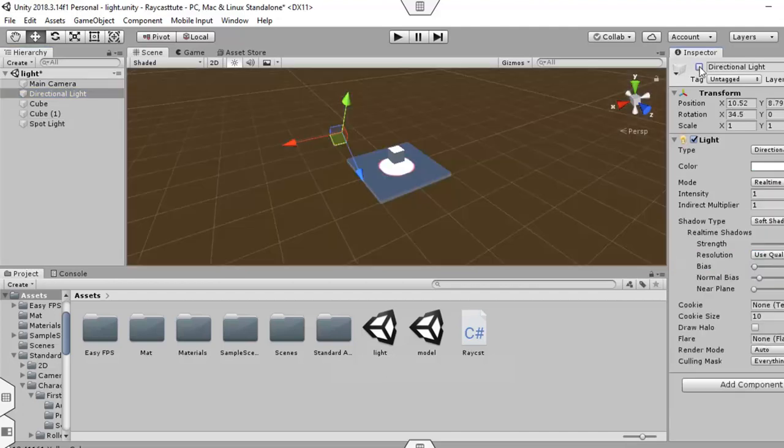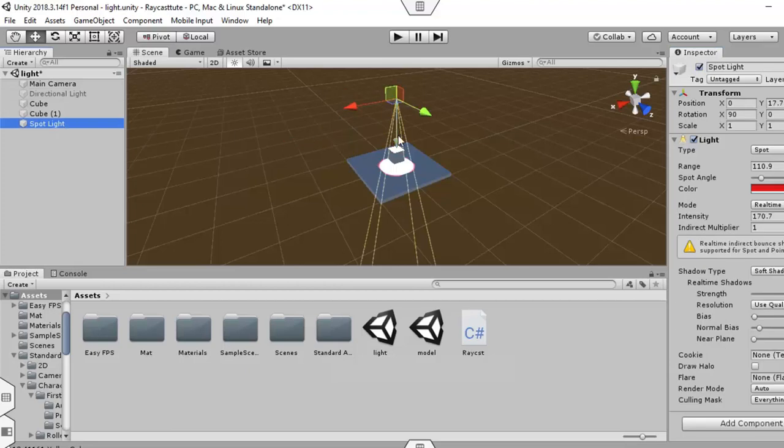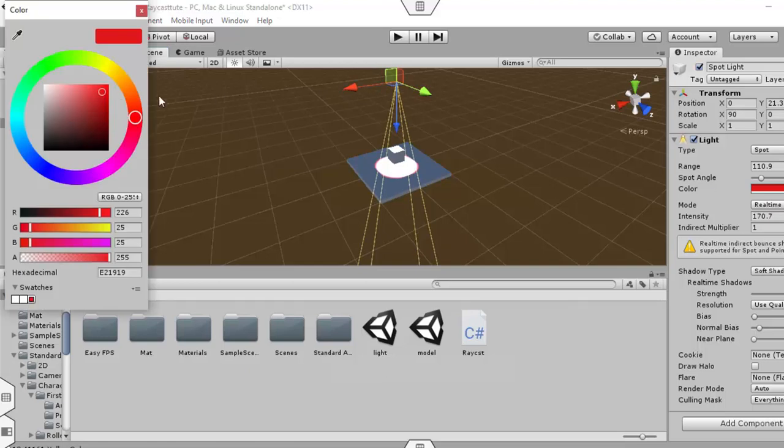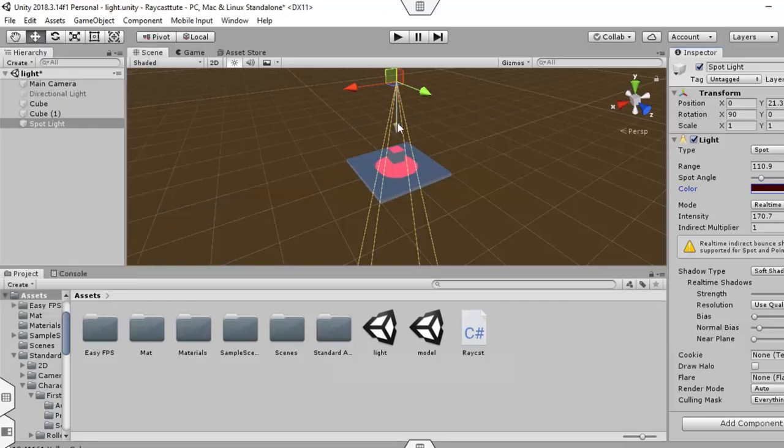Suppose I am disabling the directional light, so here you can see the effect of this spotlight.